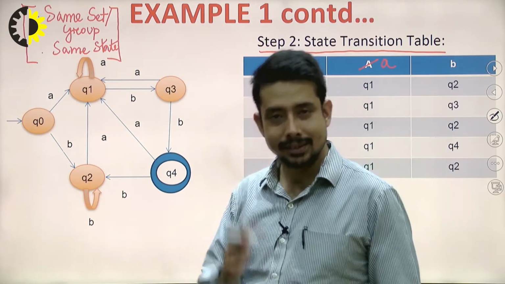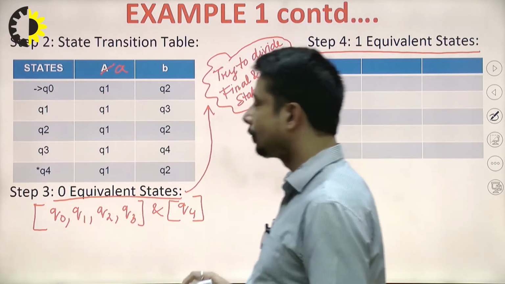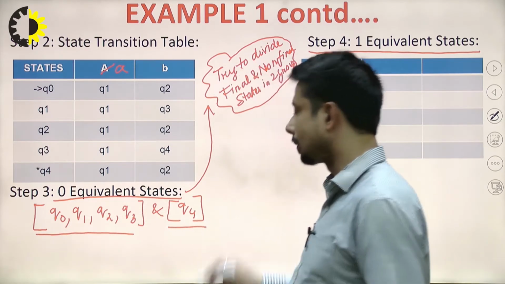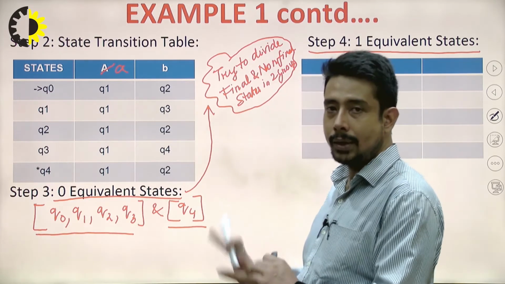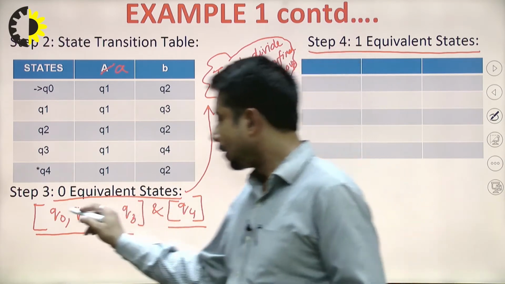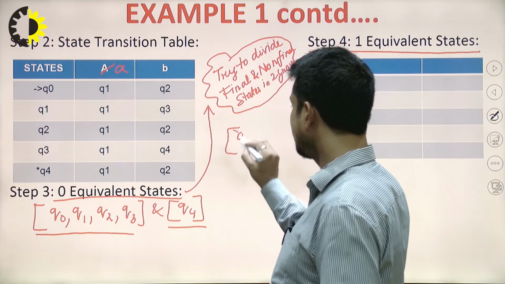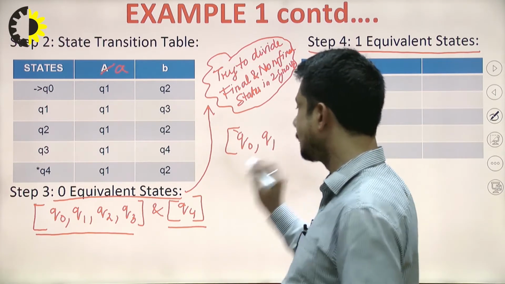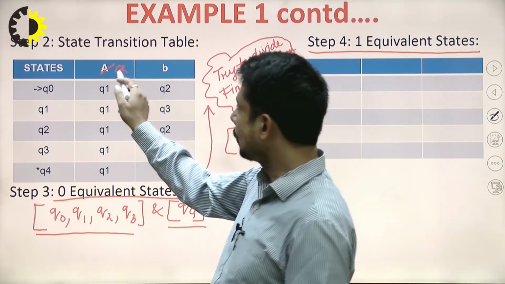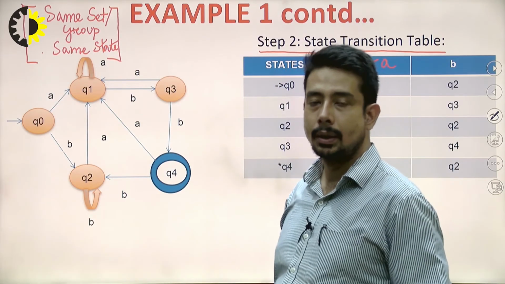Now what to check? This is the concept, right? So first of all, we need to check what groups are being formed in 0 equivalent states. 2 groups, one is this one and the other one is this one, right? As this is a single group, leave it as it is. Come back to this group. This group comprises 4 states where Q0 is the initial state. So I will take Q0 together and I will try to check Q0 and Q1 because the next state is Q1. So Q0 and Q1 together, and for both the input symbols I need to check whether any of these 2 categories is accepting or not.